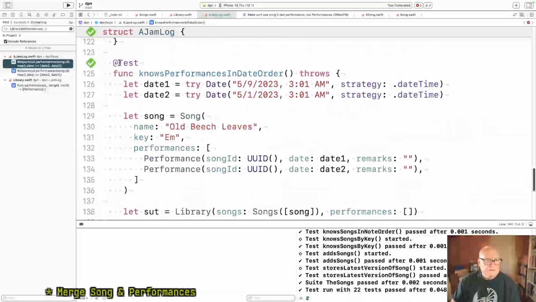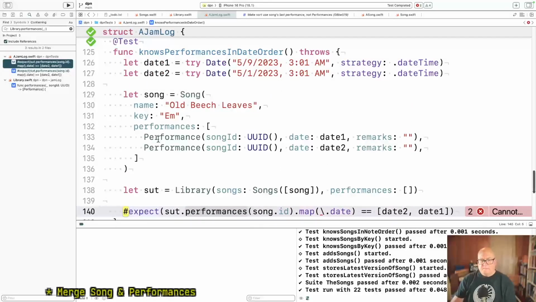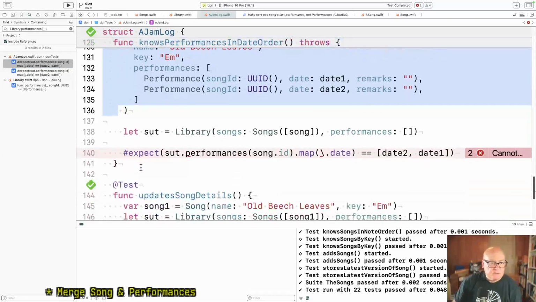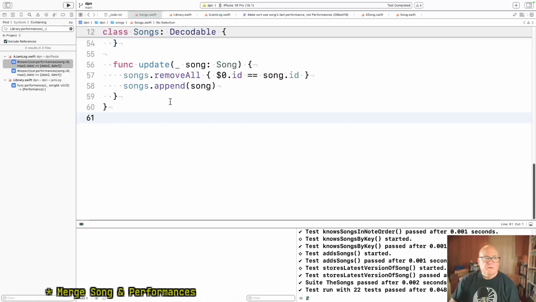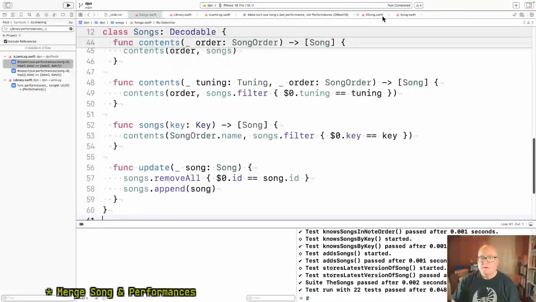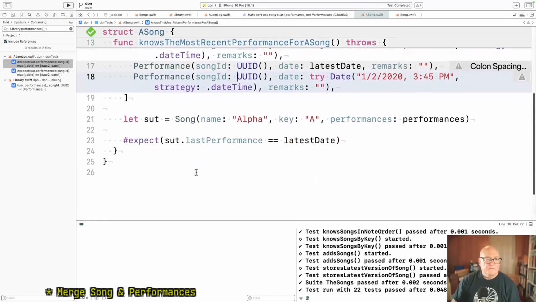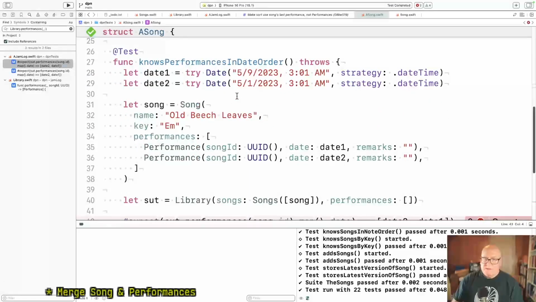Well, that's functionality we don't have yet. Let's make that a constraint on our song. Song knows performances in date order.